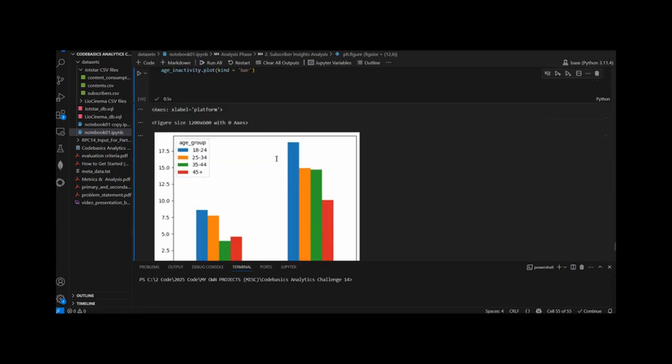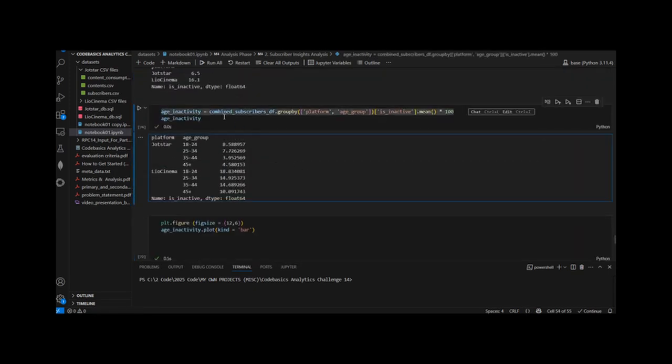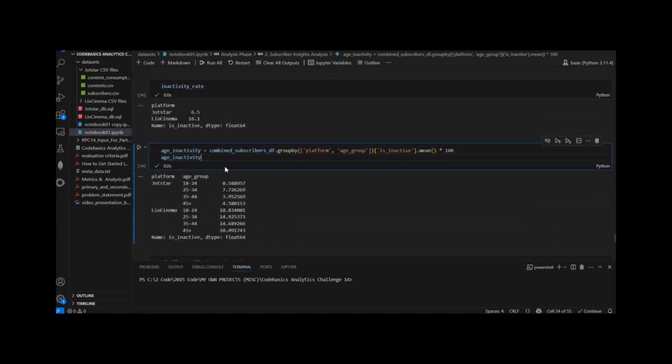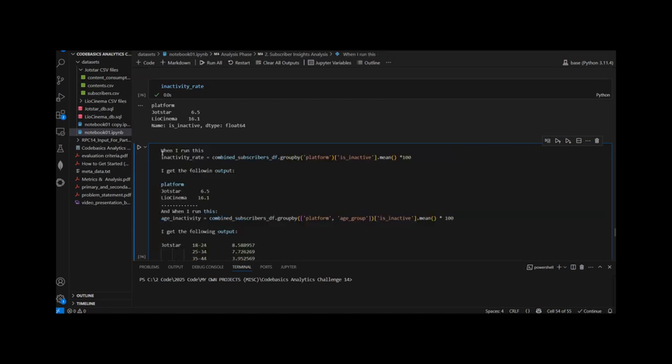Now, what did we do? We did it in terms of age. Now we can do similar, but in terms of city tier. So the rest of the code will be the same, except we will be doing it for